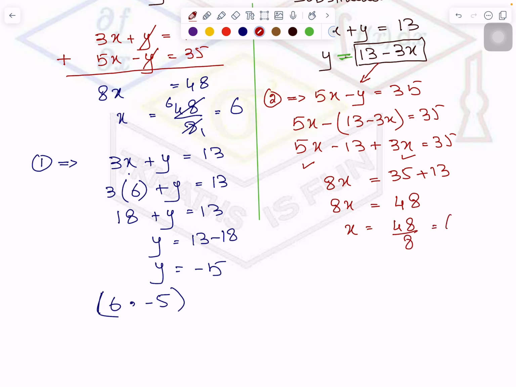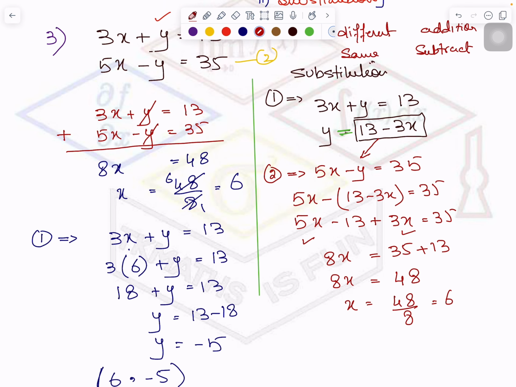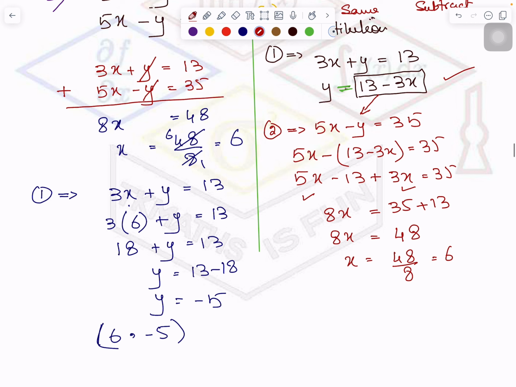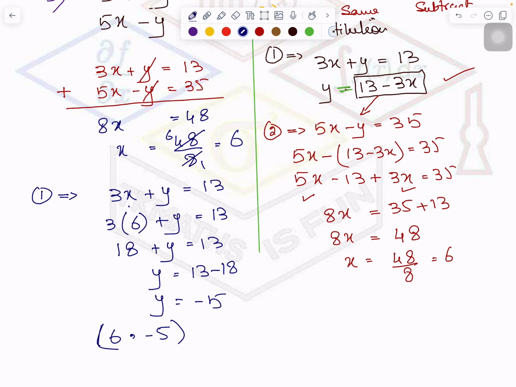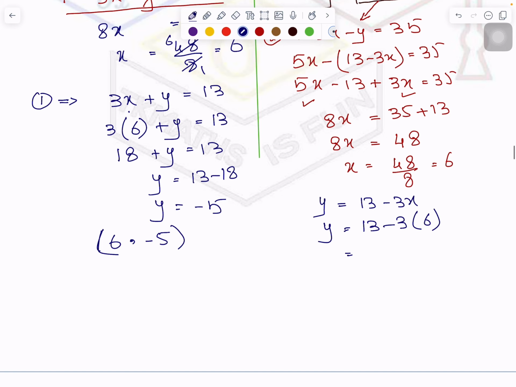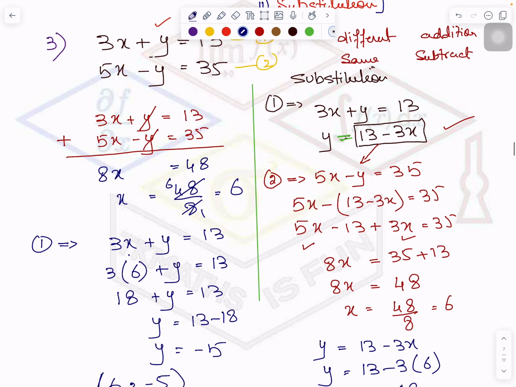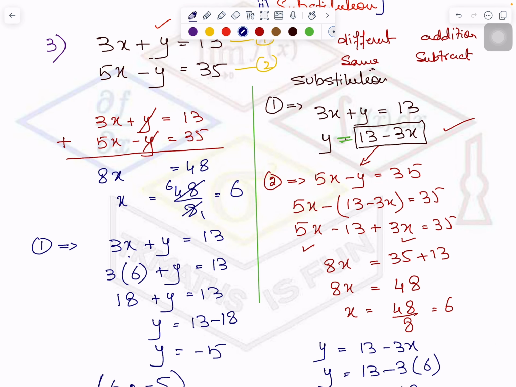Are you getting the same answer? Yes. Now this value you will plug back into either equation 1, 2 or the one you have just made here. Your choice. It doesn't matter. Okay. So now I'm substituting this value of x in this y, which is the rearrangement of equation 1 basically. So 13 minus 3 times 6. So you got what? Minus 5. So again, of course, the answer will come the same. So it is coming the same also. So this is how you solve simultaneous equations using the elimination method or substitution method.